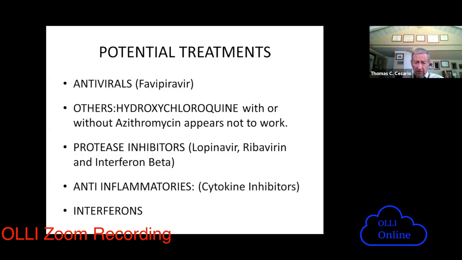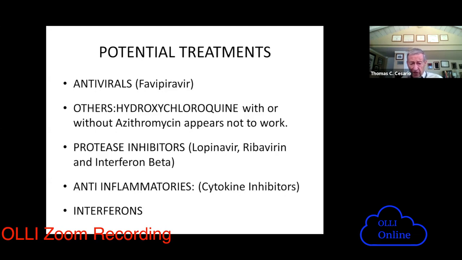There are other antivirals. One that I thought we would hear a lot more about, but we haven't heard a lot about so far, is called favipiravir, which is an anti-influenza drug. As much as we wanted to believe it, hydroxychloroquine, from the best studies we have, does not work. And it does have some toxicity. There always have been one or two studies that say, oh, yes, it does, including a recent one. But if you look at those studies, they are not well done, and there are critical flaws. So the best studies we have, which are double-blinded, randomized studies, suggest that hydroxychloroquine in people does not work.